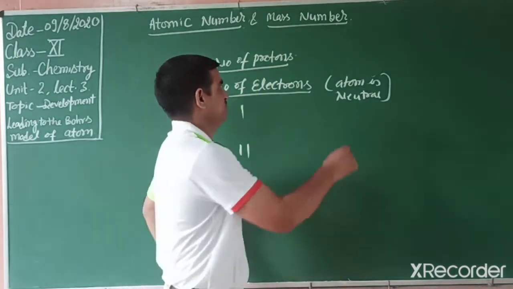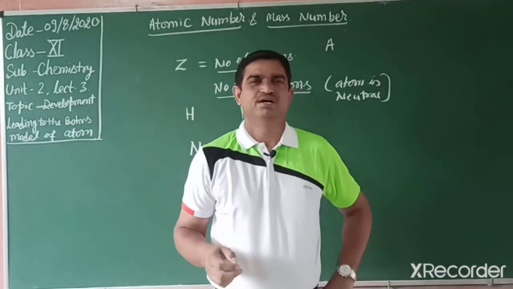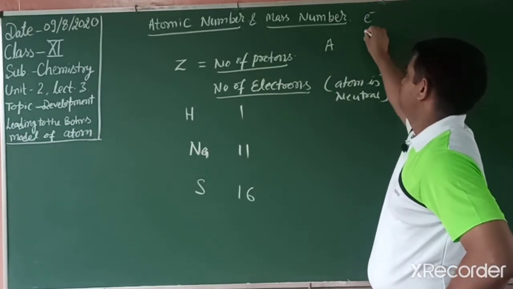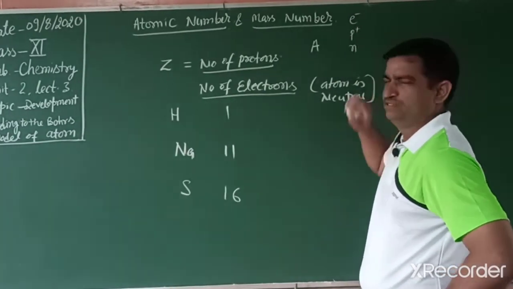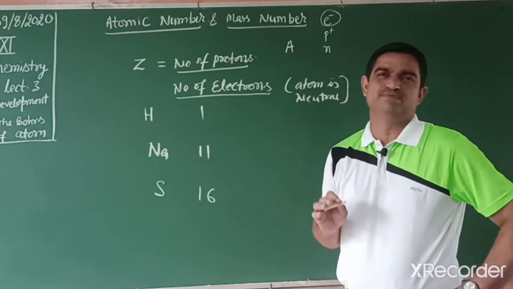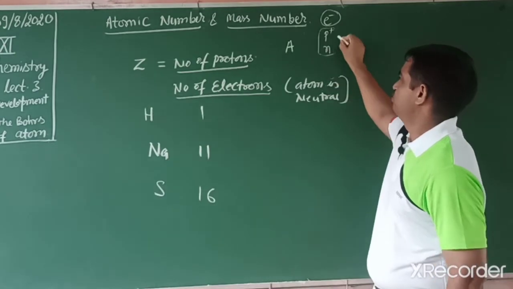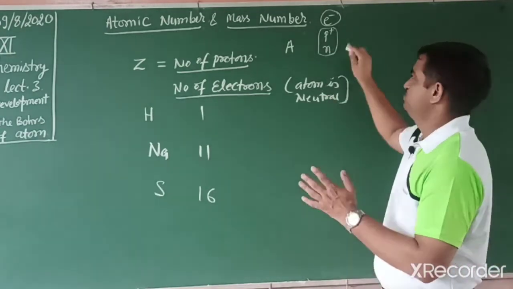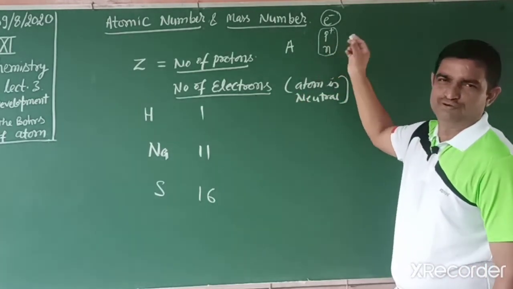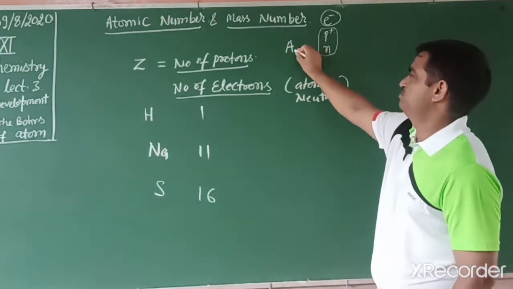This mass number is represented by a capital A. You know, students, an atom has 3 subatomic particles. One is electron, the other is proton, and the third particle is neutron. The electron mass is very less, negligible, so we ignore it. So we find the mass of proton and neutron, and these proton and neutron are found in the atom at the nucleus. Sometimes they are known as nucleons. Proton and neutron, both their new name is nucleons, and that is represented by A.